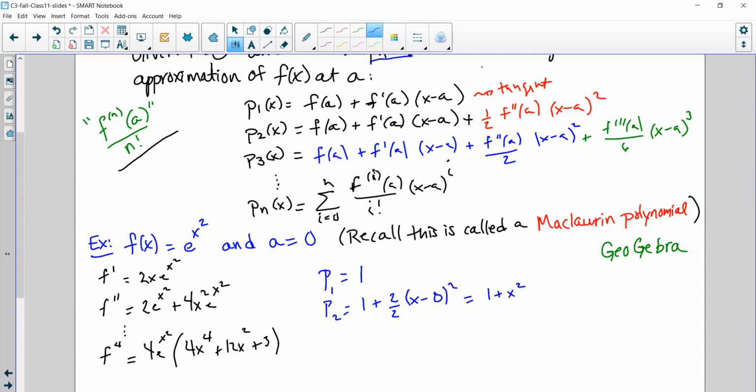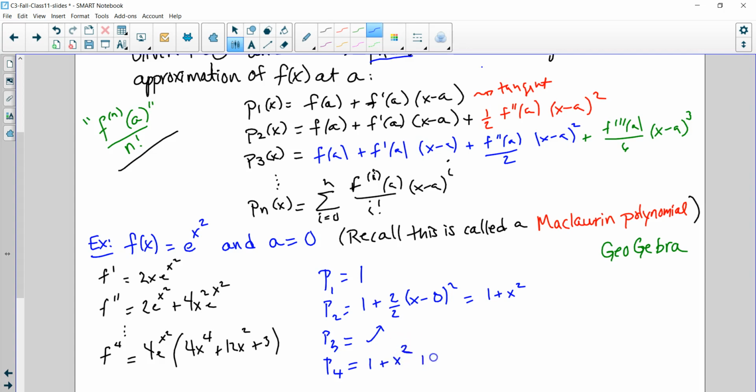Okay, I encourage you to pause the video and just find P3 and P4. Okay, so pause the video, find those, and then resume when you're ready. All right, and if you did pause this, you'll find that P3 is actually just P2, and then P4 is going to be, after you simplify, 1 plus x squared,